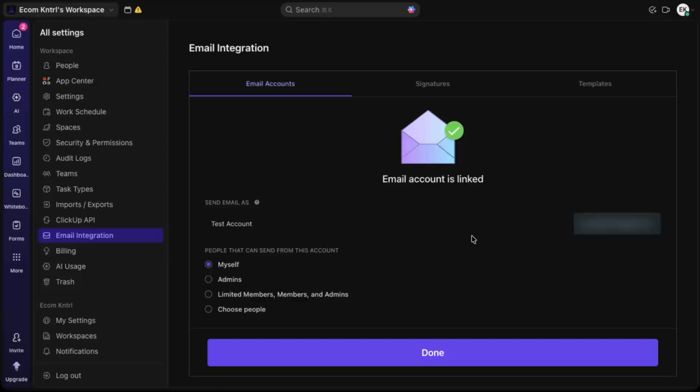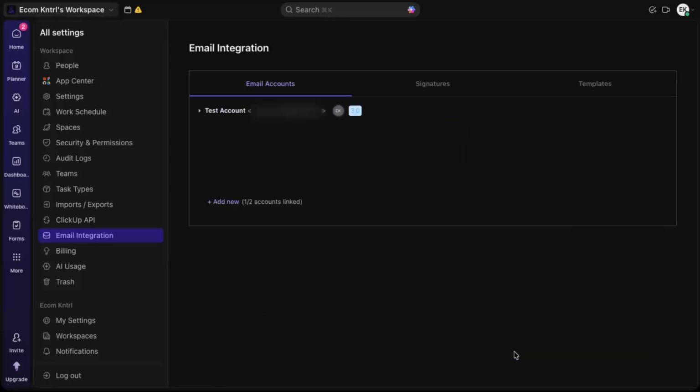After a moment, you'll be taken back to ClickUp. You should now see a confirmation screen. Click on Done to complete the setup. At this point, your Gmail account is connected to your ClickUp Workspace, and you can start sending and